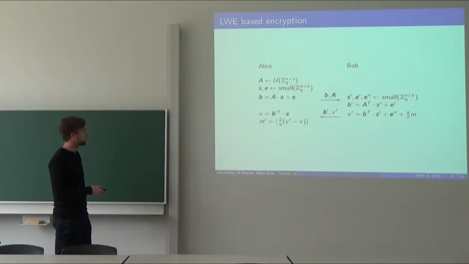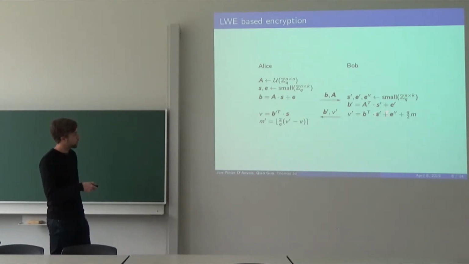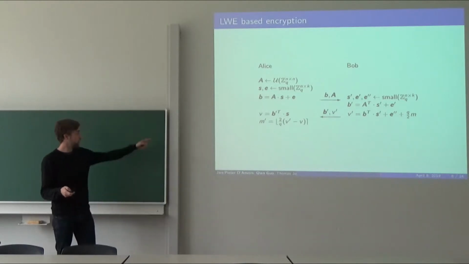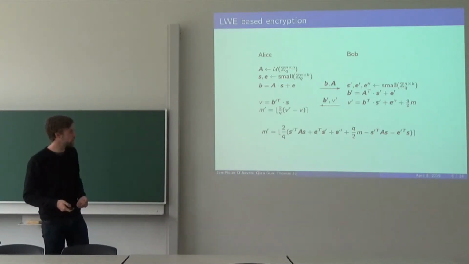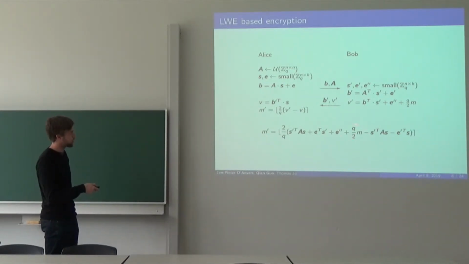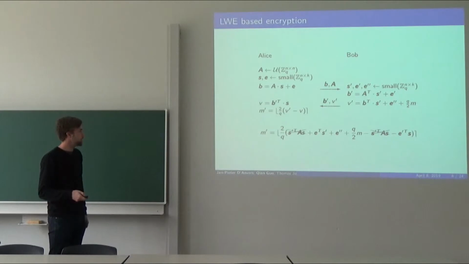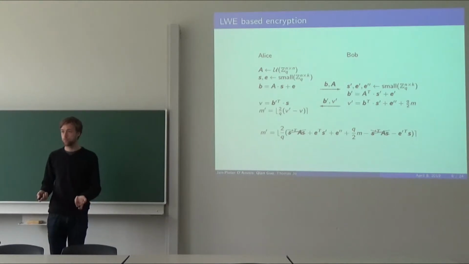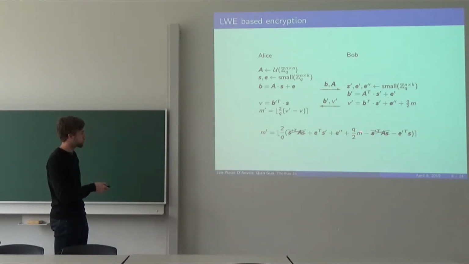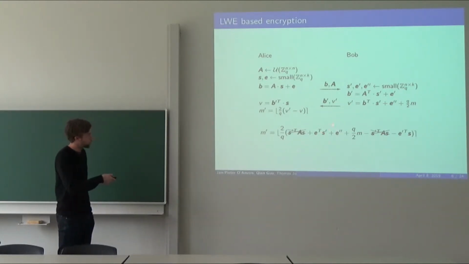What Alice is going to do is more or less the same as Bob. You see here that Bob multiplies B with s, so Alice is going to multiply B prime with s, and then subtract v from v prime. If we calculate this m prime term, we get this. You can do these calculations, I'm not going to go into detail. But you see that the message is in here, and there are a lot of noise terms. Luckily, the two biggest noise terms, the ones involving this uniformly random A, cancel each other out. So we end up with a term which contains the message, and then some small noise terms, depending on the parameters of course, but we hope small.